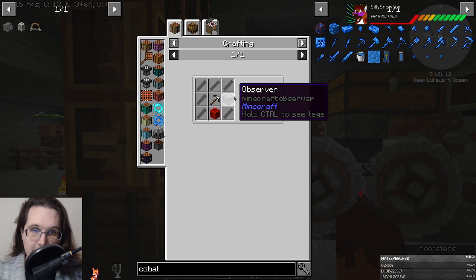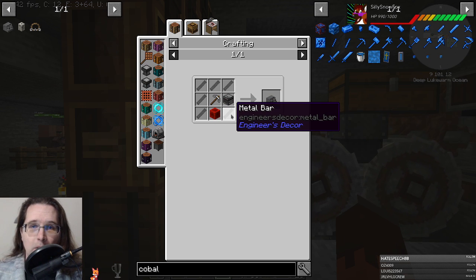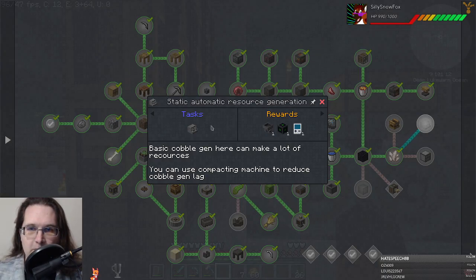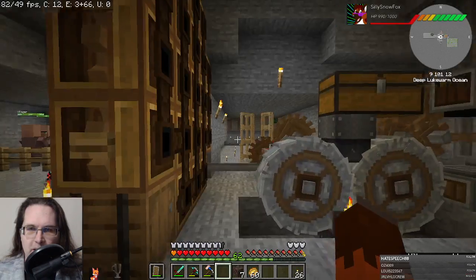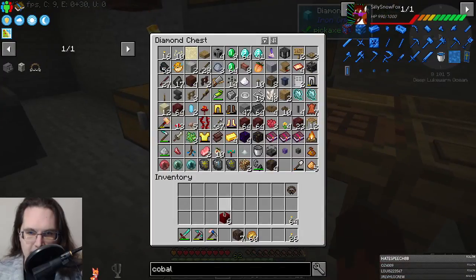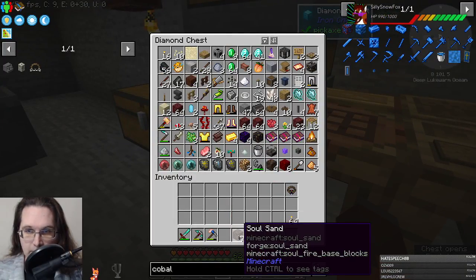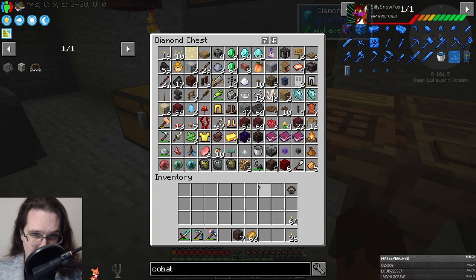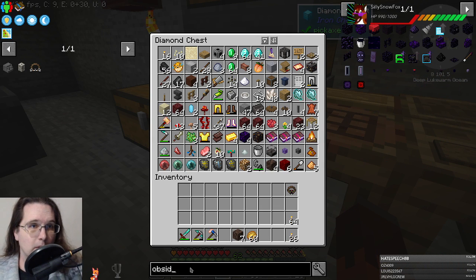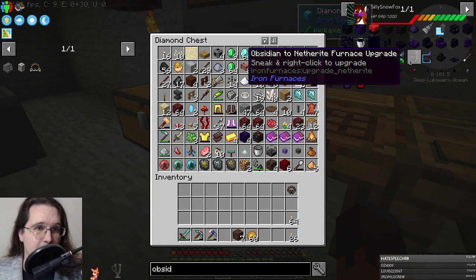So the observer we can make. We've got plenty of nether quartz now. The metal bar is easy enough to make. And the pick. Okay, so it's easy enough to make. Let's just go ahead and do that. Let me put these in. My chest is full. Actually, that's one thing we can do. There is a